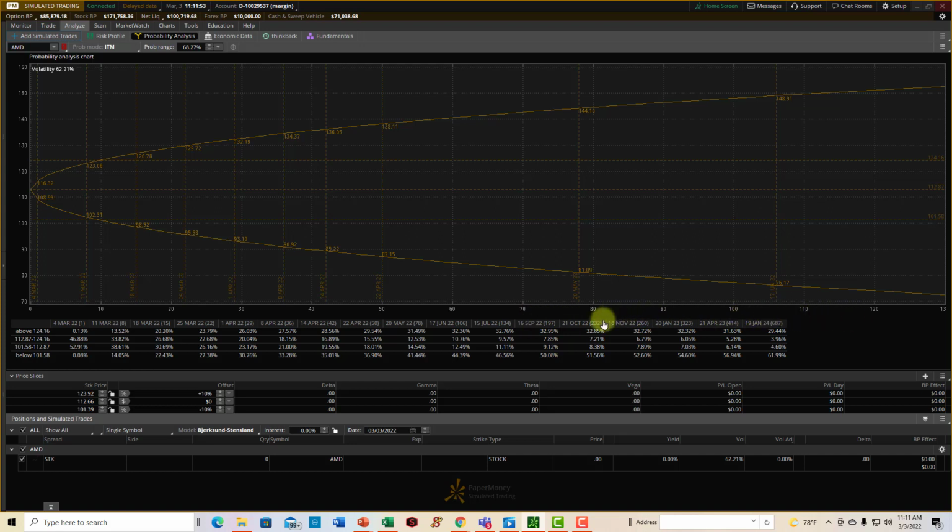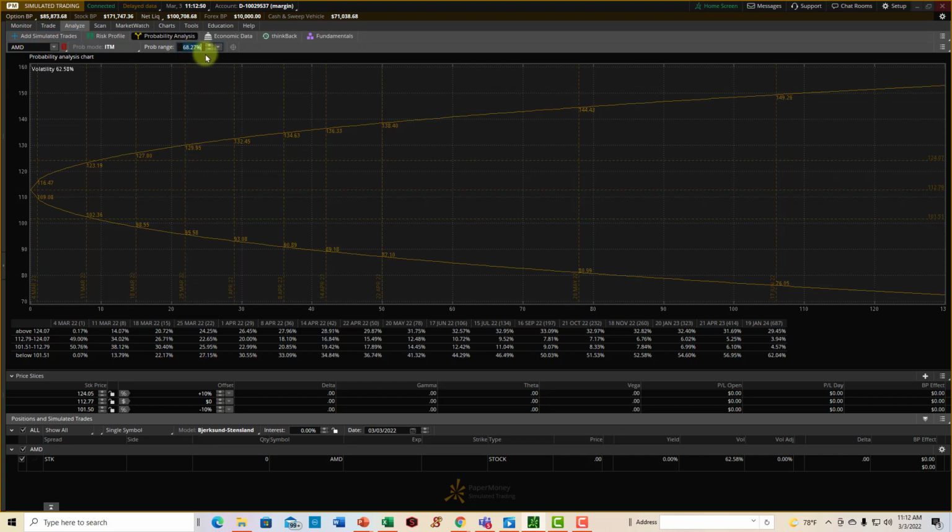And for this stock, I happen to have AMD, Advanced Micro Devices, on. So you can see that as we add more and more time to the clock, or as we're looking further into the future, the probability for that drift starts to increase. That's why the cone is getting wider out on this end compared to this end. These numbers are showing the high that we would expect and the low based on this date down here, whatever you're lined up with. Now, of course, we can change the probability right up here, 68%.